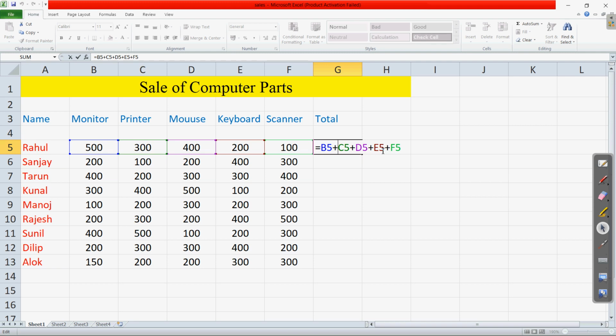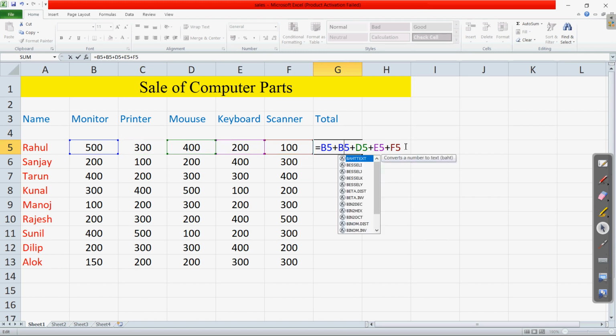Okay. So here we have added till F5. If there is any error anywhere, if you use the cursor, you can see the insertion point moving according to the arrow button which you are using. If you want to change any of these, suppose it is written C5 and in place of C5 we want to write B5, simply delete it using delete or backspace.